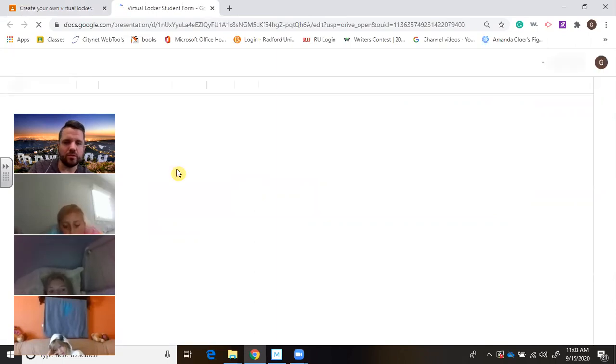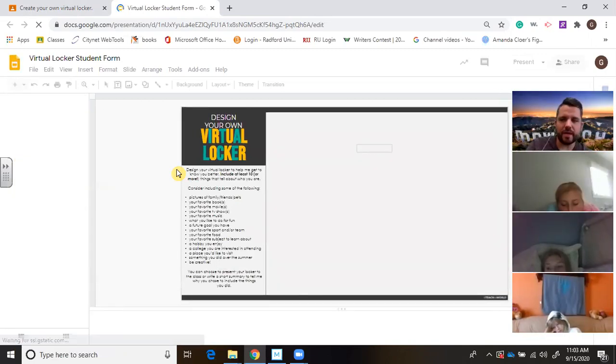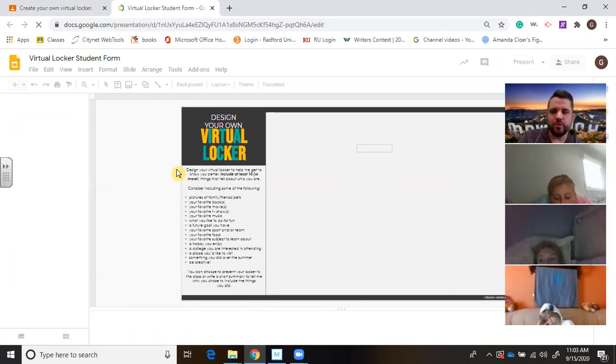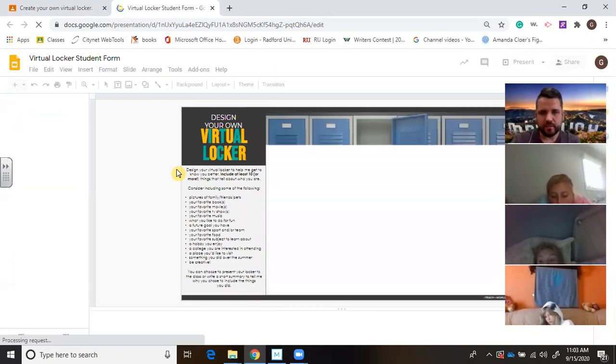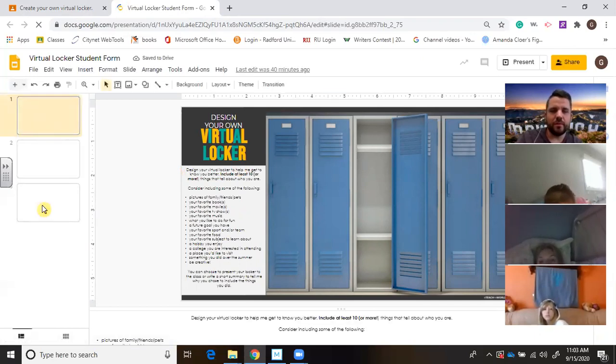You're going to see a Google slideshow, and that Google slideshow is going to give you access to the template, and it's going to allow you to start adding images. Okay, so that's your assignment. It's a blank template basically that gives you a couple of slides. First and foremost,